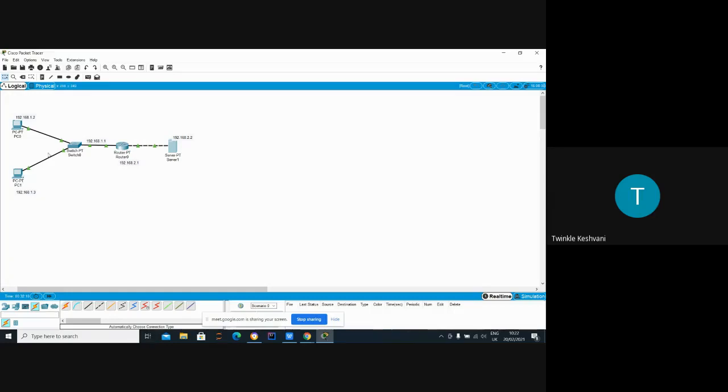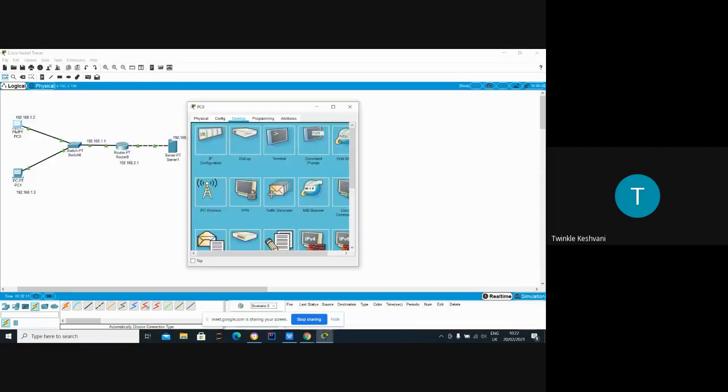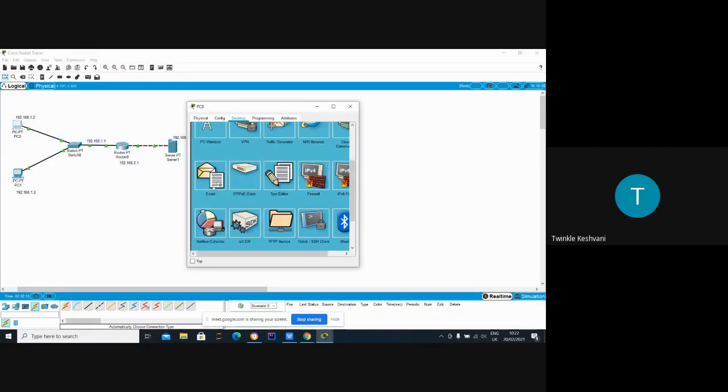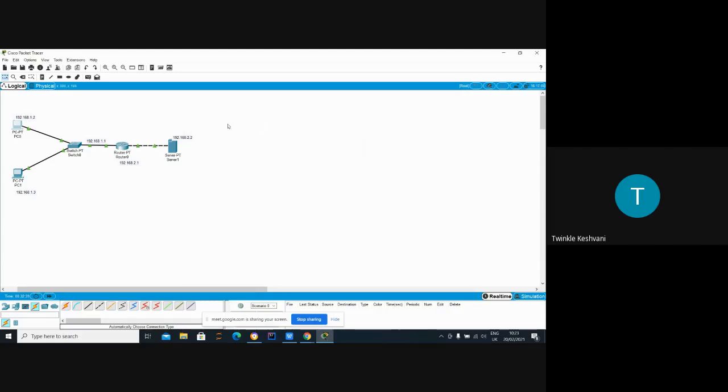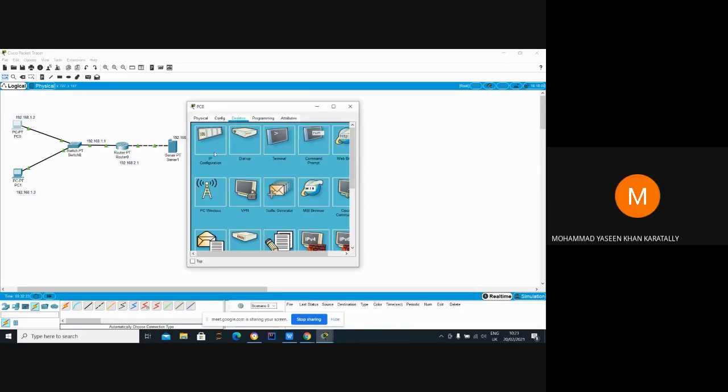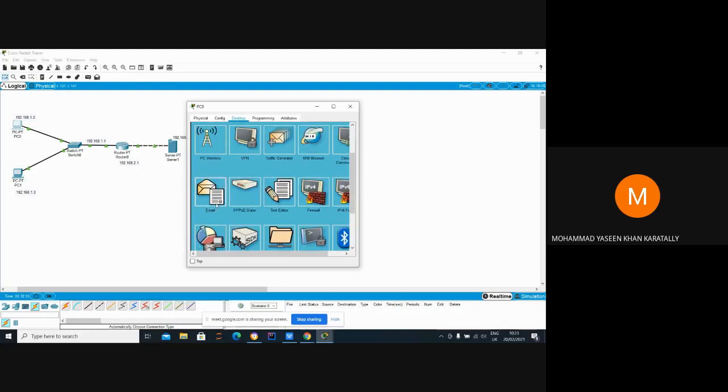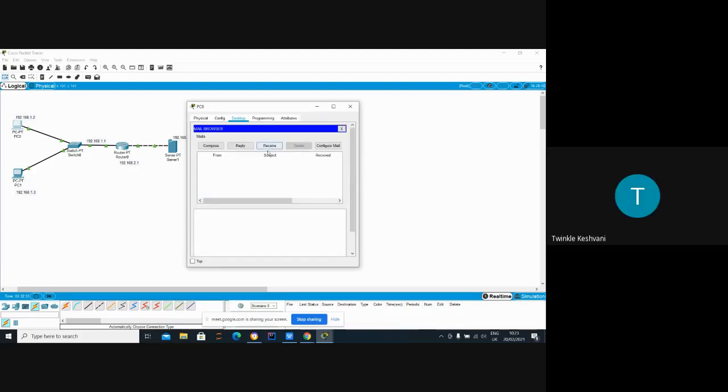Compose one mail from any of the PCs. Have you saved the details, Mohammed? Have you saved the details which you have given in PC0 for the email? Yes, ma'am, I have saved it. Okay, just go to configure mail, the fifth button.